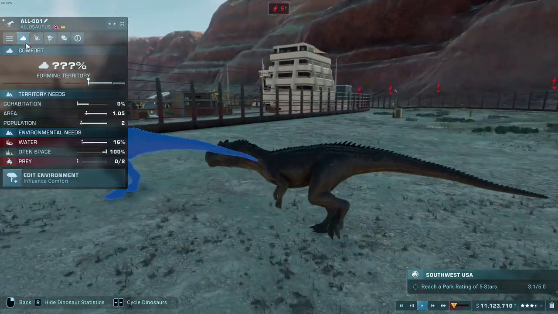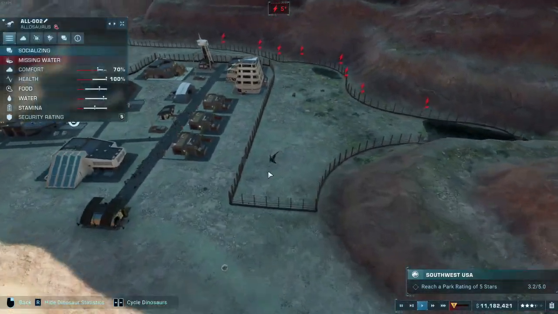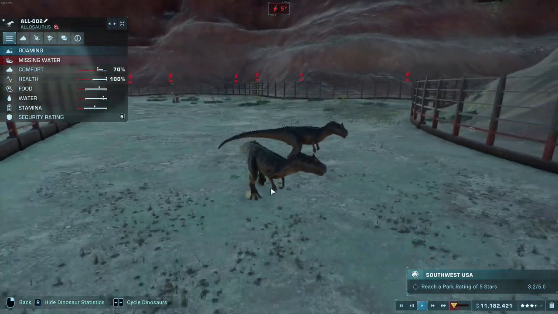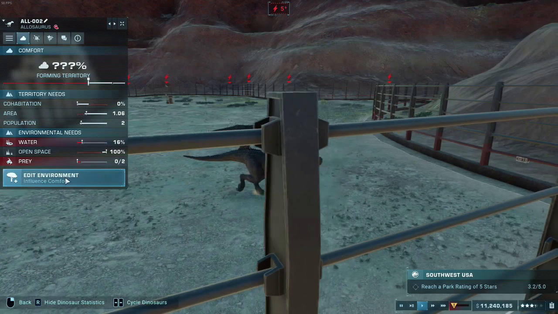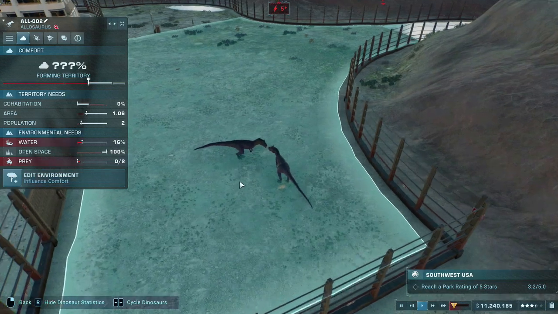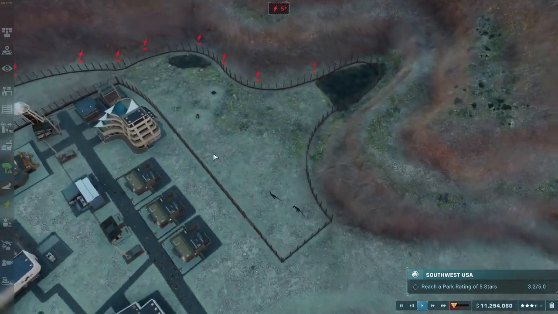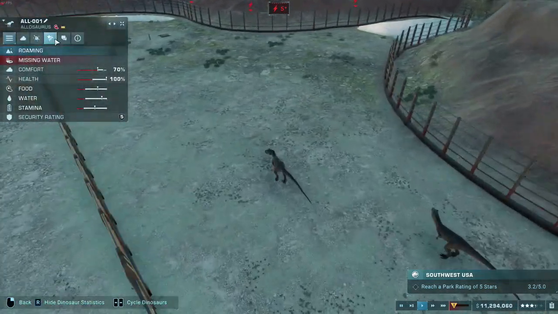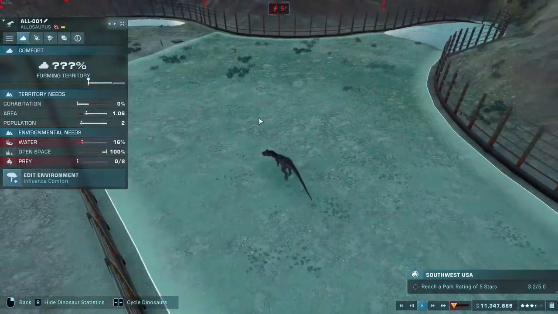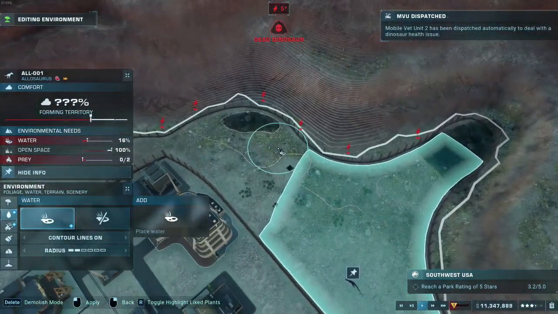Missing water. Oh, they're besties already. Alright, so see, it didn't even recognize, well, their thing isn't quite all the way. Did one of them, they didn't even have to fight, they already picked an alpha. Alright, so we need to fix these issues. So it has almost enough water, it's very, very close, so...